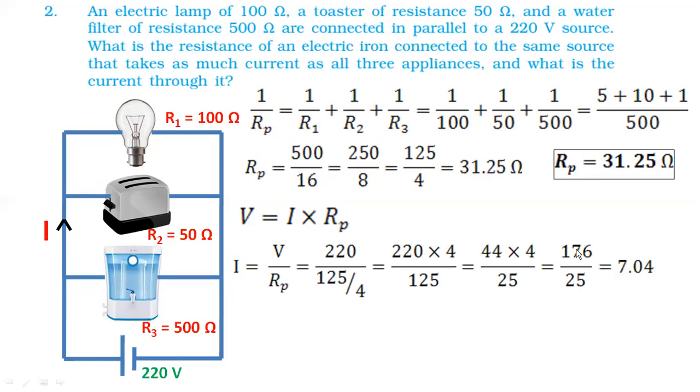7 means 175. One is left, we put the point, then later that becomes 10, then 0, it becomes 100. 25 4s are 100. So the last final calculation is 7.04, and this is the current. So the unit should be what? Ampere. So the current answer is 7.04 ampere, right? So this is what we have actually received. So let me put this particularly in our calculation.